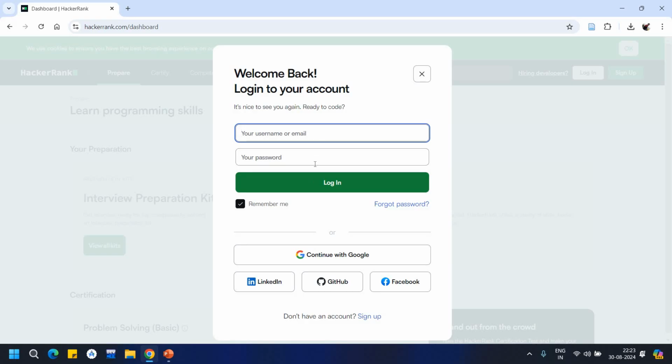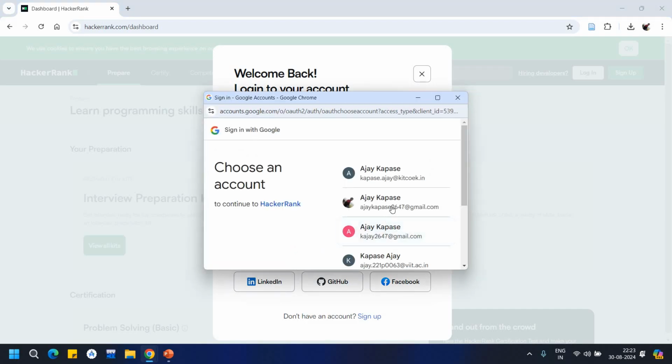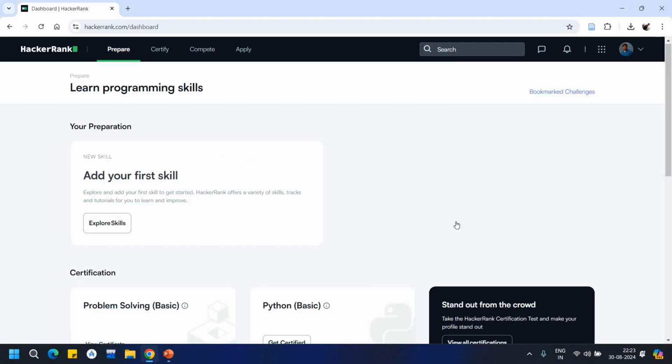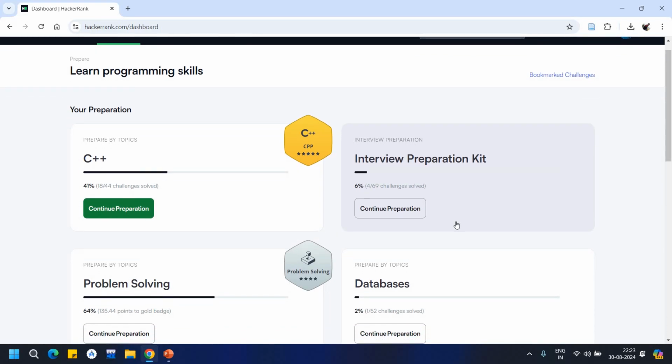ID and password if you have opened the account on HackerRank, or if you have your Google account, you can log in with the Google account. Since I have a Google account associated with my HackerRank, I'll just log in with my Google account. So here you can see I have logged in with my Google account, and as soon as you log in,